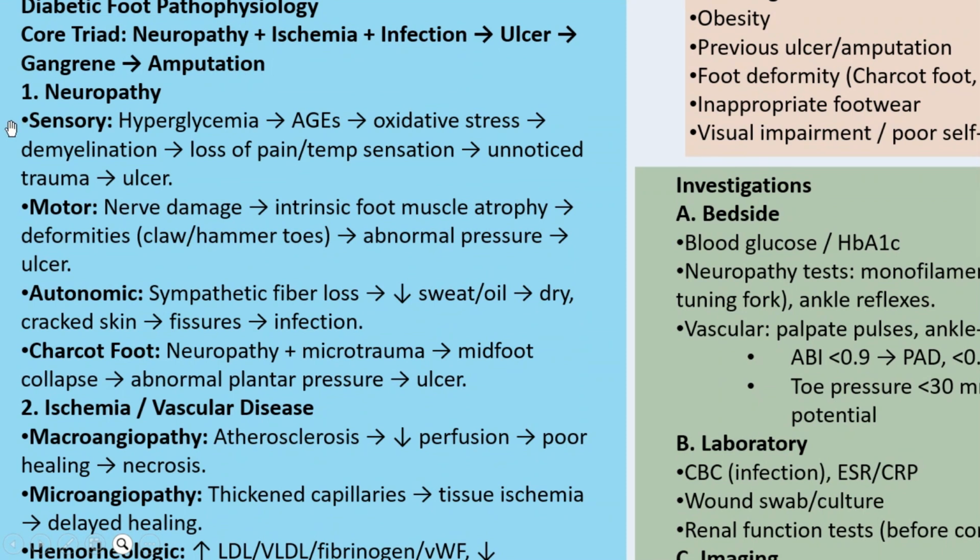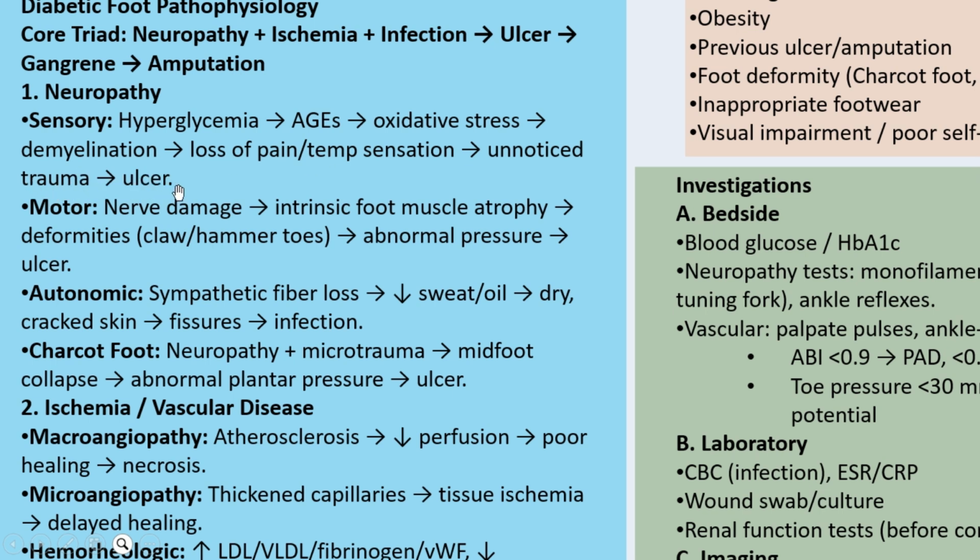So when we look at the pathophysiology, the neuropathy is going to be sensory, motor, and autonomic neuropathy. So the sensory is going to come from hyperglycemia, which is the formation of advanced glycosylation end products, that is sorbitol and that is fructose. When these are produced, they are going to cause a lot of oxidative stress. And the oxidative stress in that area is going to lead to demyelination of the nerves. And when we demyelinate the nerves, the transfer of impulses is going to be interrupted. So you shall have loss of pain and temperature sensation. And when this is not noticed, someone will be exposed to trauma, and the trauma is what is going to